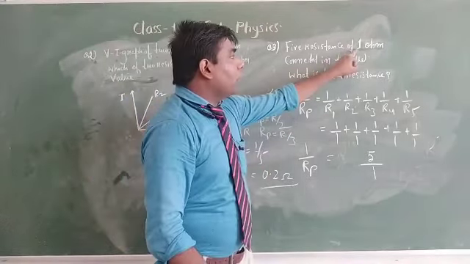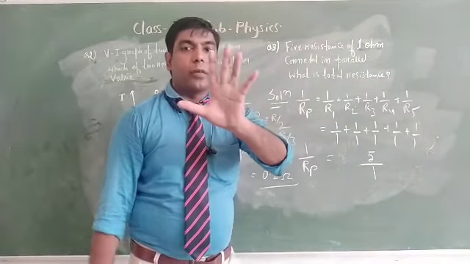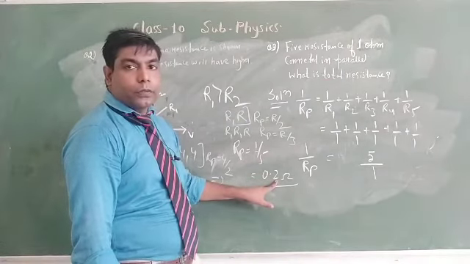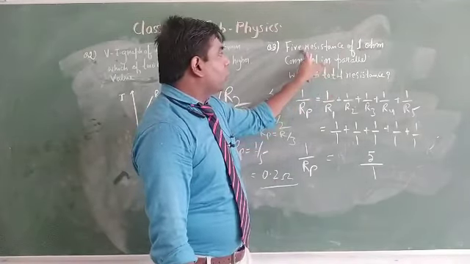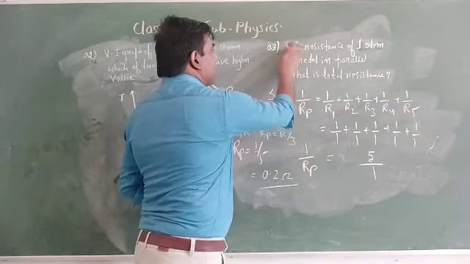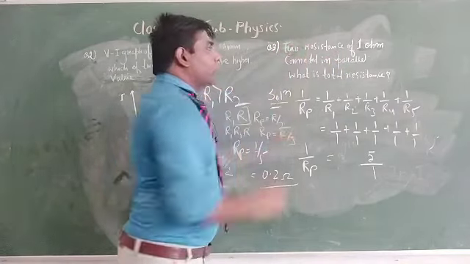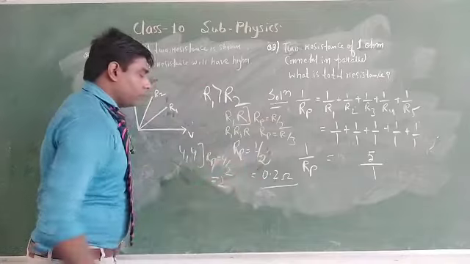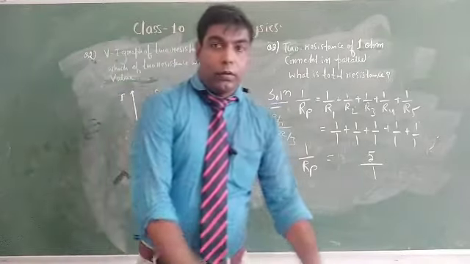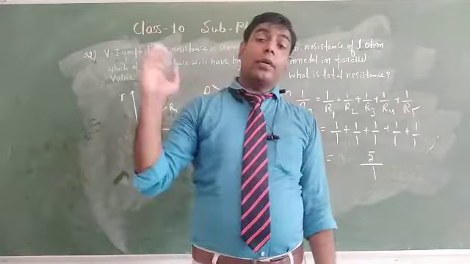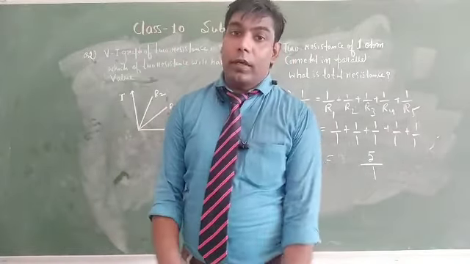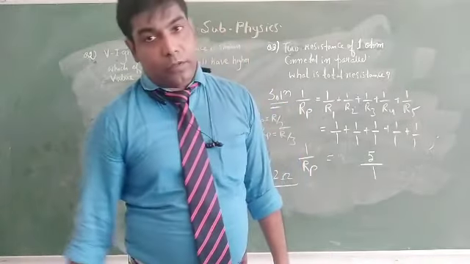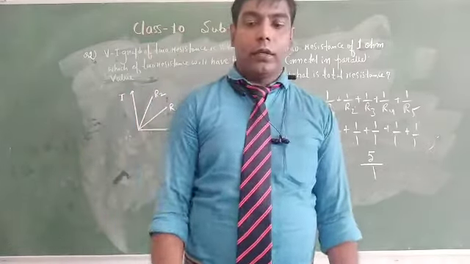See here, all are how much? 1 ohm, 1 ohm, 1 ohm, and total number of resistance is how much? 5. So just 1 divided by 5, that is equal to 0.2. Right? If here it was given 2 resistance connected, if the question was 2 resistance of 1 ohm are connected, so here it will be just 1 divided by 2, that is equal to 0.5. Right? So remember, when value of resistance are same and connected in parallel, then equivalent will be just value of 1 resistance divided by number of resistance. That is the case of parallel, right?